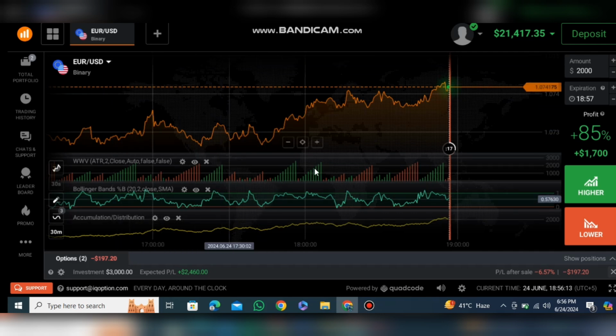Let's go over a short example. First, you want the projection line to be going downwards. You then want both the bars and the MA line to be